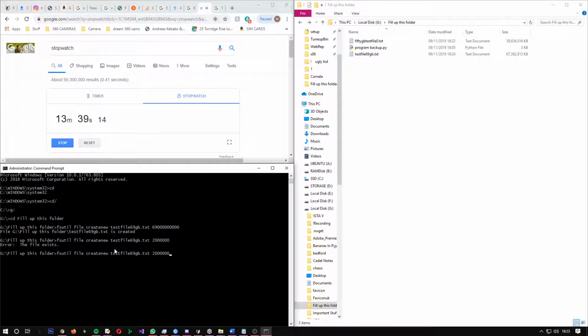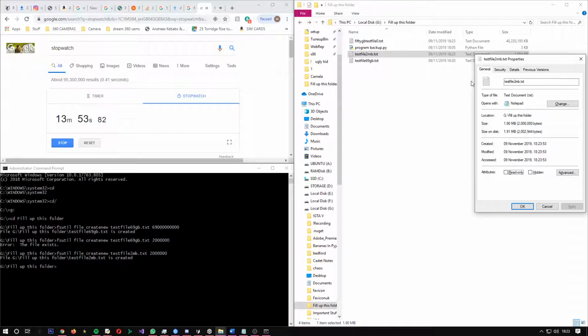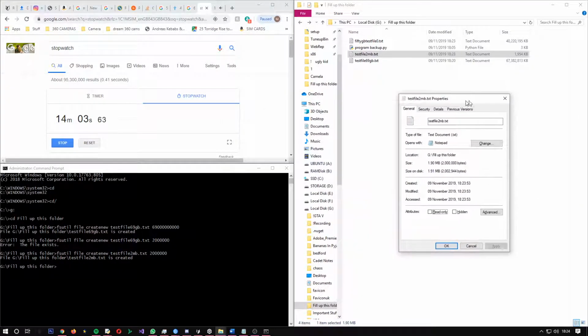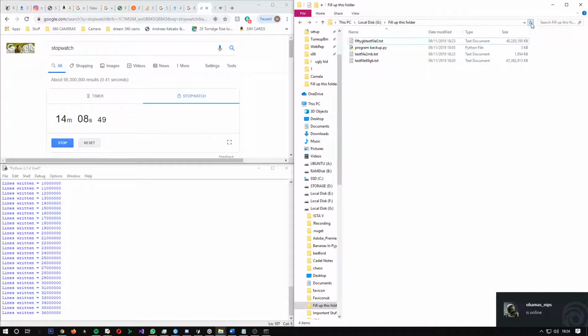Bish, bash, 2 MB. 2 MB is created, and it is 1.9 megabytes. So obviously we know that we have to add like 2,000 or something, but regardless, we can just sit here and wait for this one to make the 50 gig one, and then once we have, so we've got 50 GB test file, and then we've got test file 69 GB, and then test